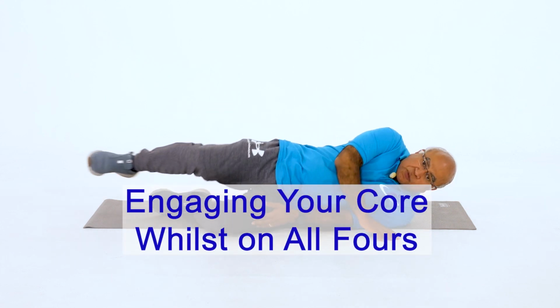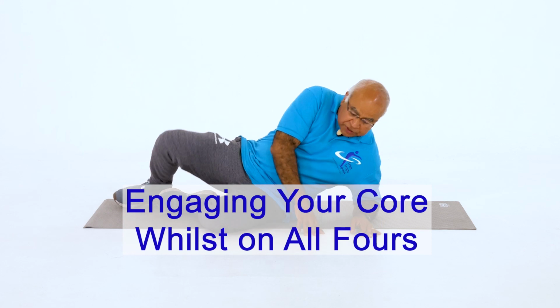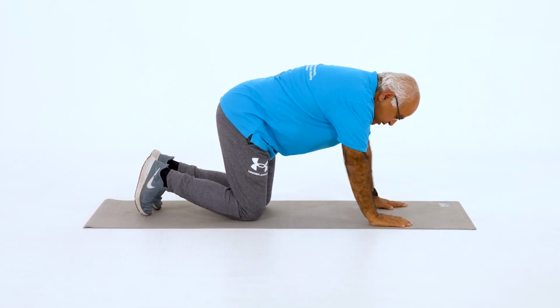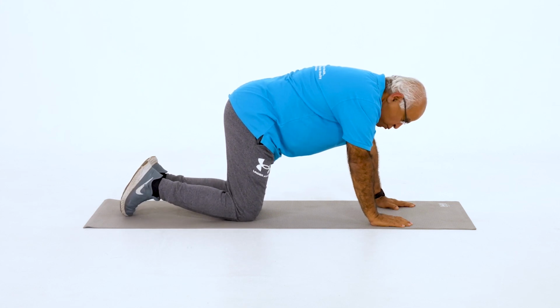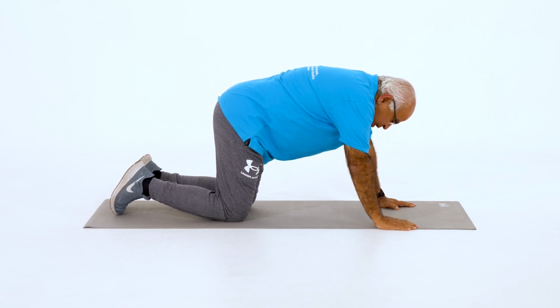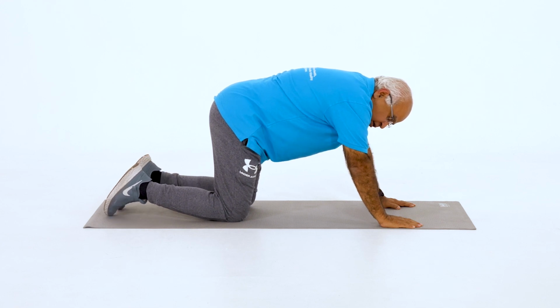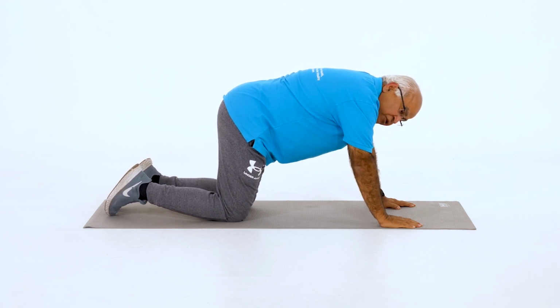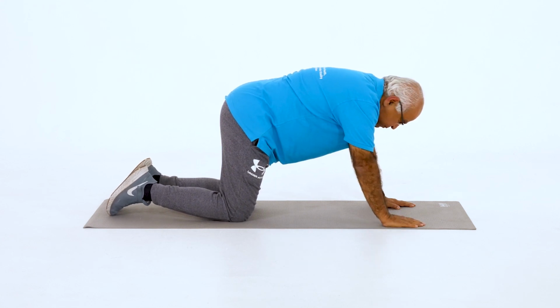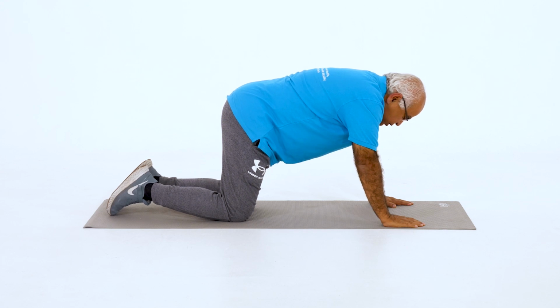Then the fourth position is the quadruped position, where you're on your hands and knees. In this position, you're not moving your hands or knees at all. You're pulling up your belly button again. I know it is not easy to see through this t-shirt, but I am pulling up my belly button and similarly pulling up my pelvic harness. So as relaxed in this position, I am pulling up my belly button and the pelvic harness and counting for